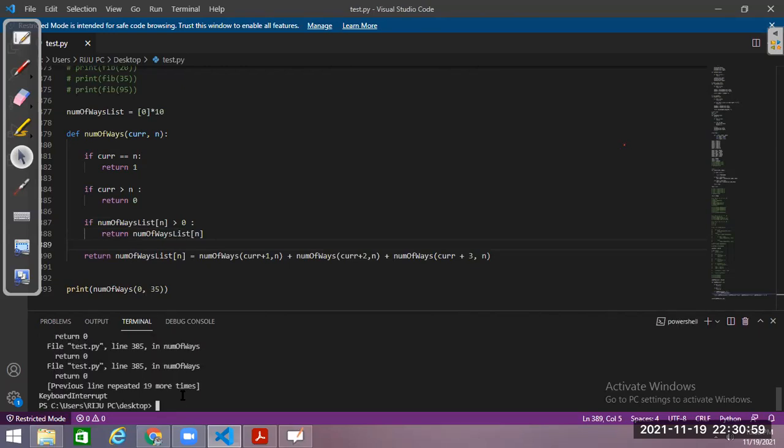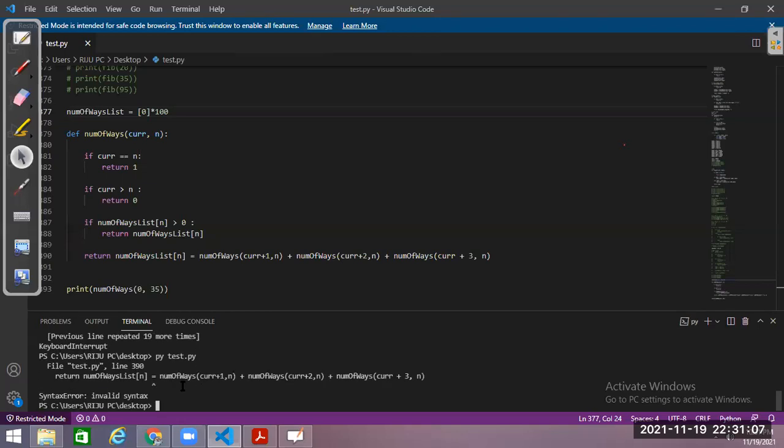Okay. So yeah, let's try that now and see. Then let me assign it to be 100 so that we can check whether our 35th has been calculated or not. Okay, invalid syntax. I think Python doesn't support the assignment.